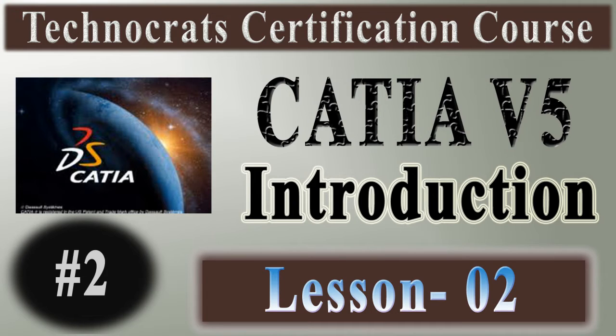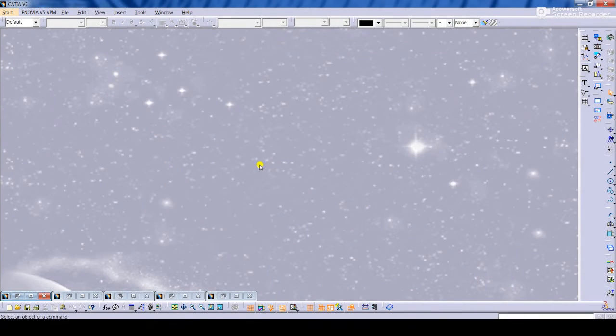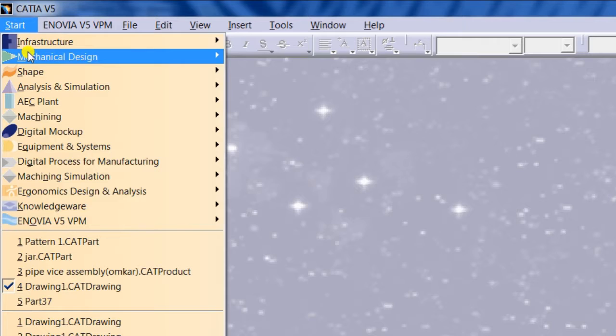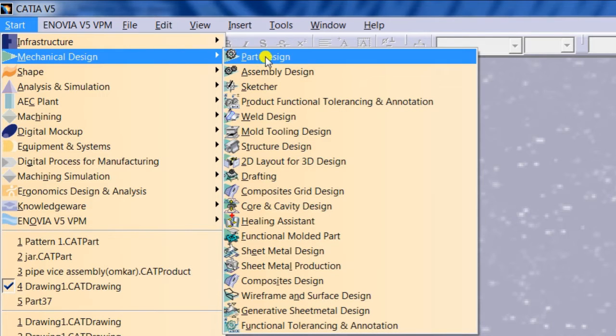Today we will start lesson 2 of the introduction part of the CATIA V5 course. So you can see on the screen, this is the basic interface of CATIA software. Basically we will learn 5 workbenches of CATIA V5. So you can go to Start, then go to Mechanical Design.